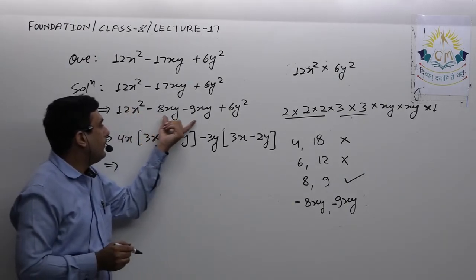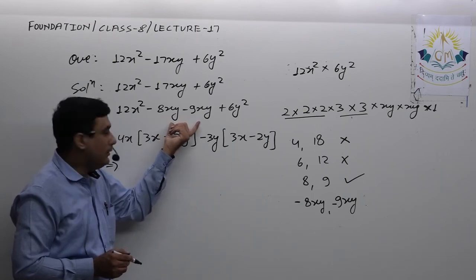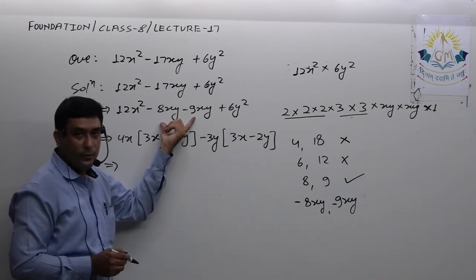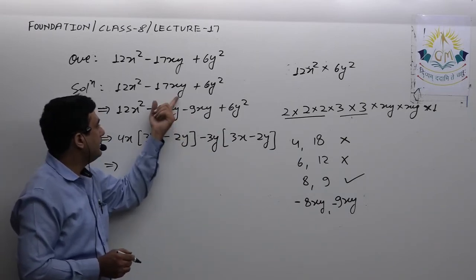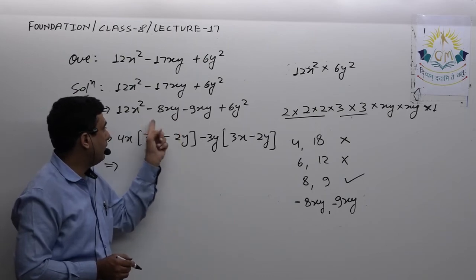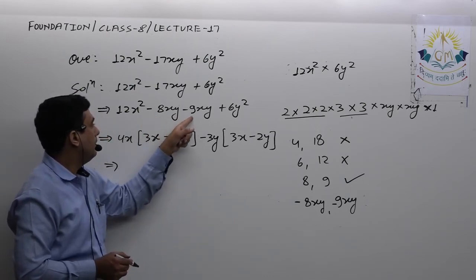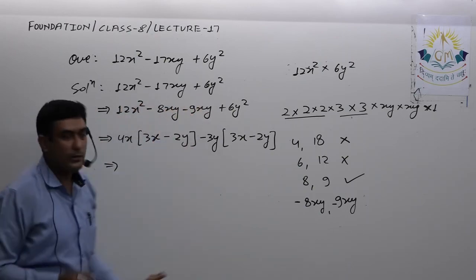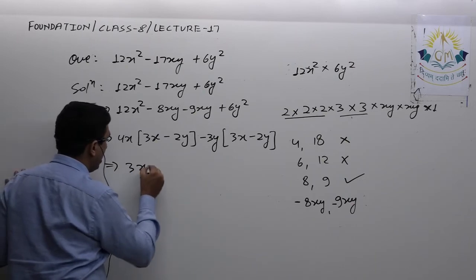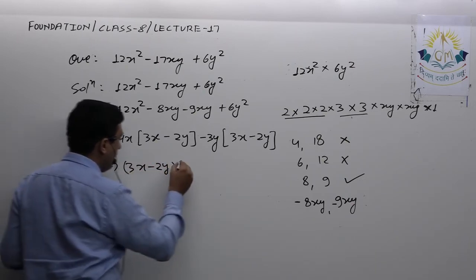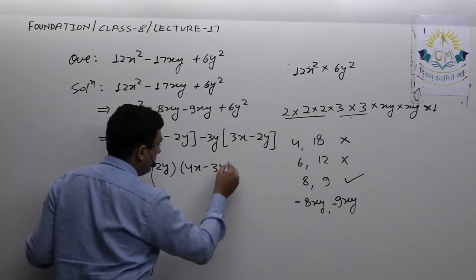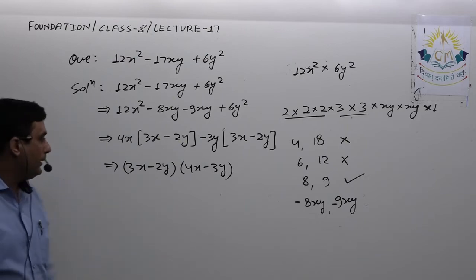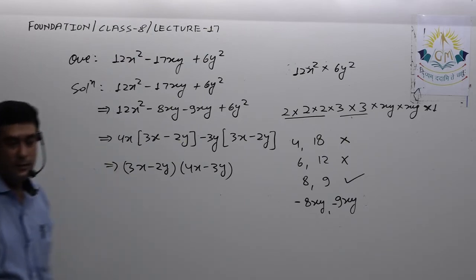The only thing is that you have to apply your mind to get these two terms so that you can take common. So whenever you find these two terms, do check both things: their addition, and their multiplication. Here their multiplication is 9 8s are 72, 12 6s are 72, positive, and x square y square. Now here I can take 3x minus 2y common, so I am left with 4x minus 3y. So these are the factors of the given expression. Please note it down, then we'll see the next one.